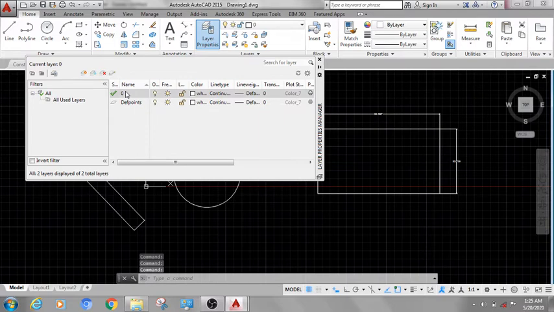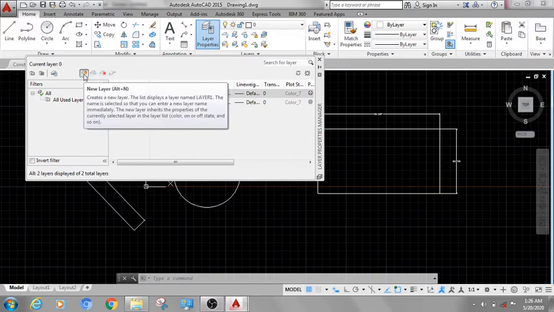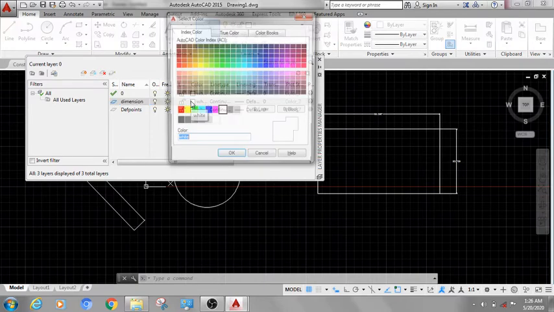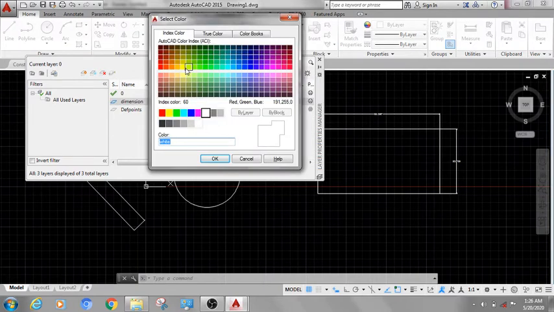Here you can see new layer, or simply you can press Alt N. So here I am creating a layer for dimension. And for dimension I want to assign a color, so I want to select a yellow color.